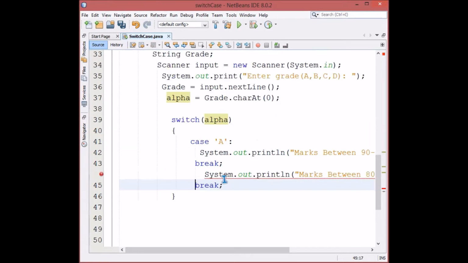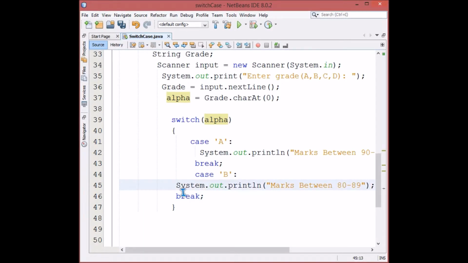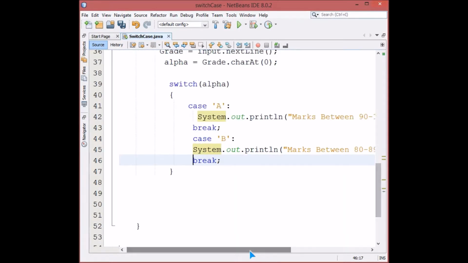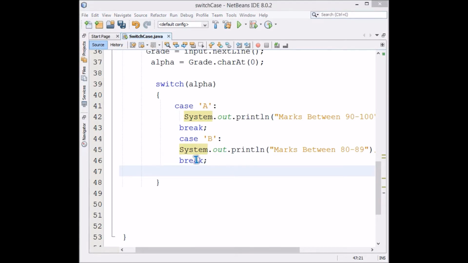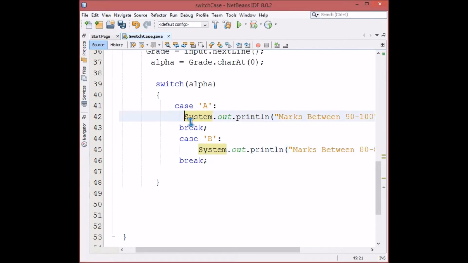See, we have case B, and the indentation should be like this, which I am giving, because switch case is employed when you want to get rid of the clumsiness of if else. So it has to be cleaner, like this, with some indentation, everything has to be there.